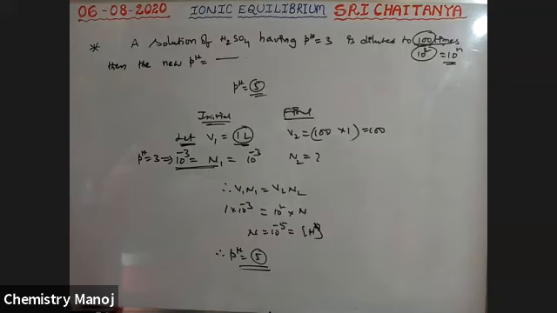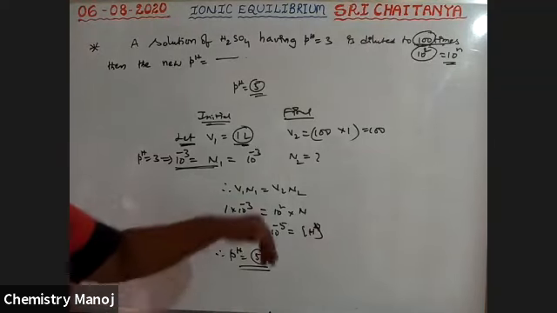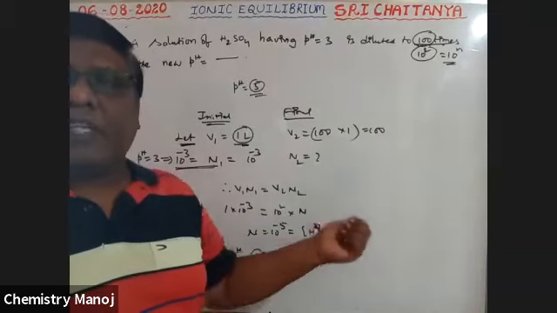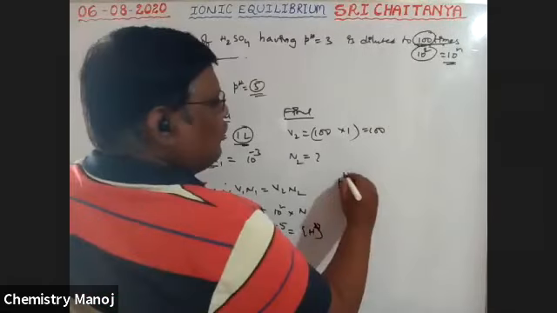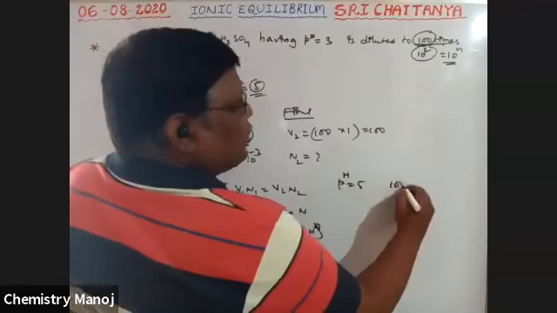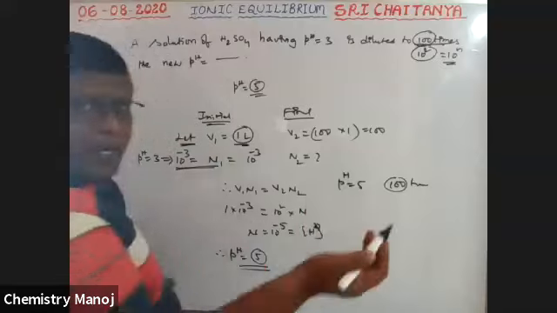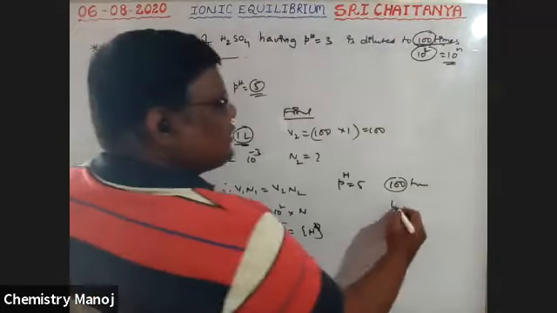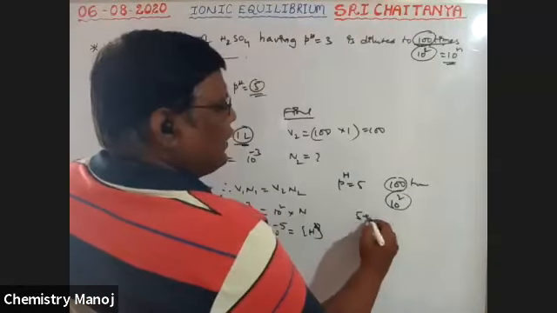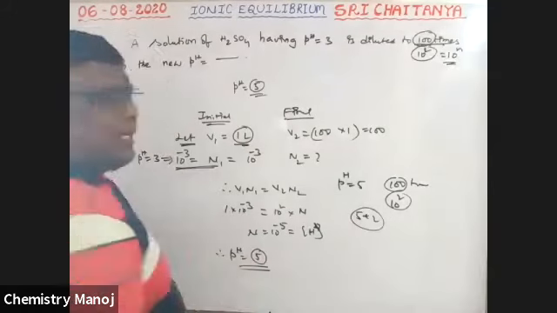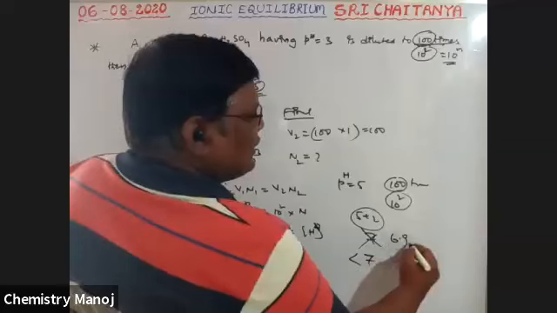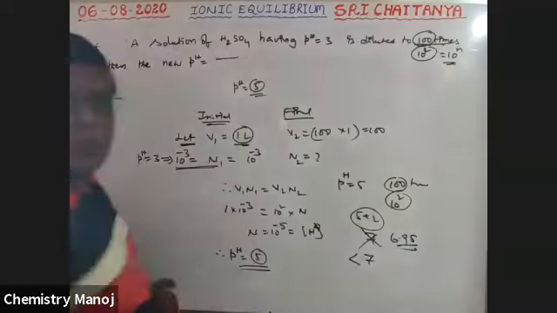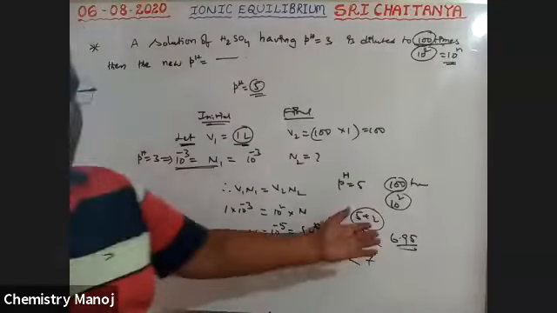Okay. So, yes, Siddhartha, you are correct. This is the way to do the problem. If 10 power 3 times, that is 5 plus 3. So, for example, if pH is equal to 5 and it is increased by 100 times, what is the new pH? It is 10 power 2 times, therefore the new pH is 5 plus 2, that is equal to 7. Not exactly; it should be less than 7. That is 6.95, like this. Because it is 7, so there it is.